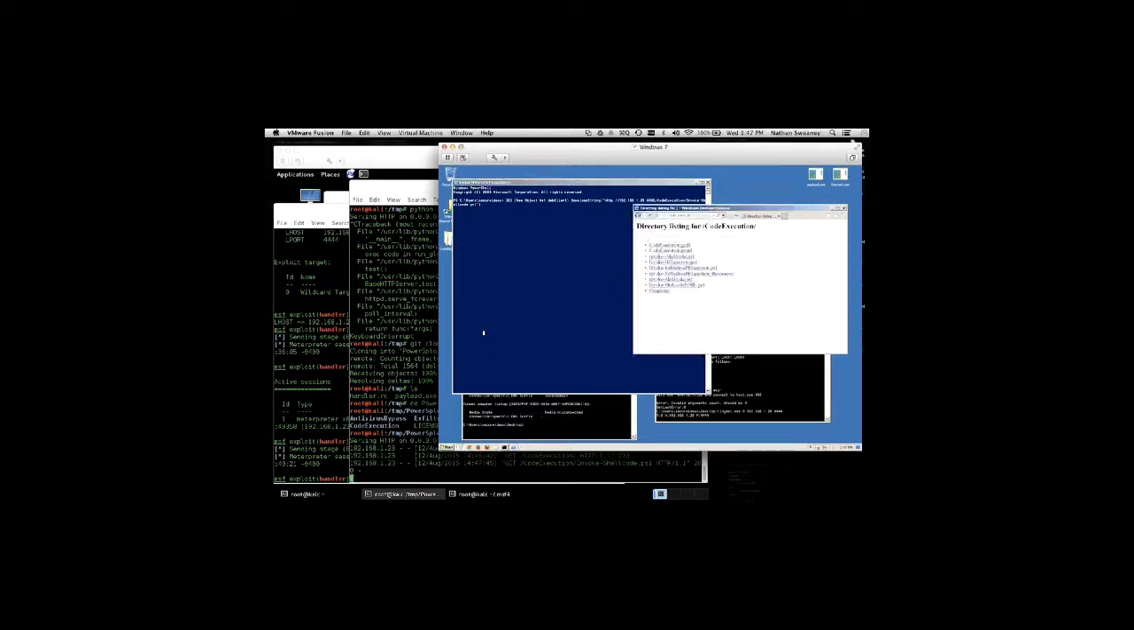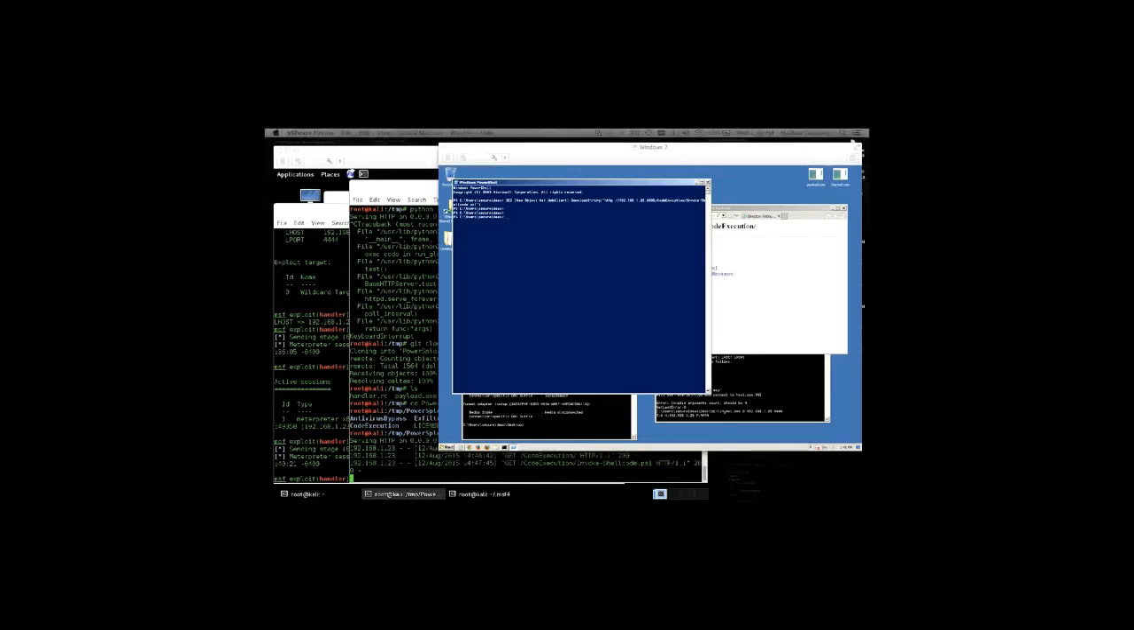Code execution, invoke shellcode. Okay, so it loaded that. There, it just took a minute. I guess it wasn't returning. So what it did is it loaded the invoke shellcode commandlet into PowerShell,